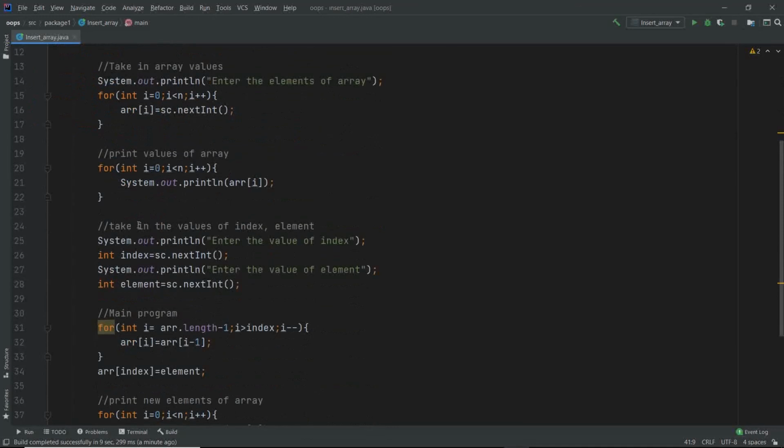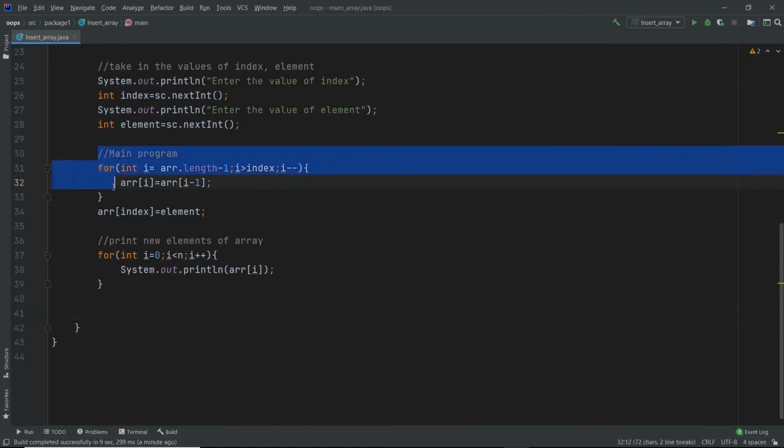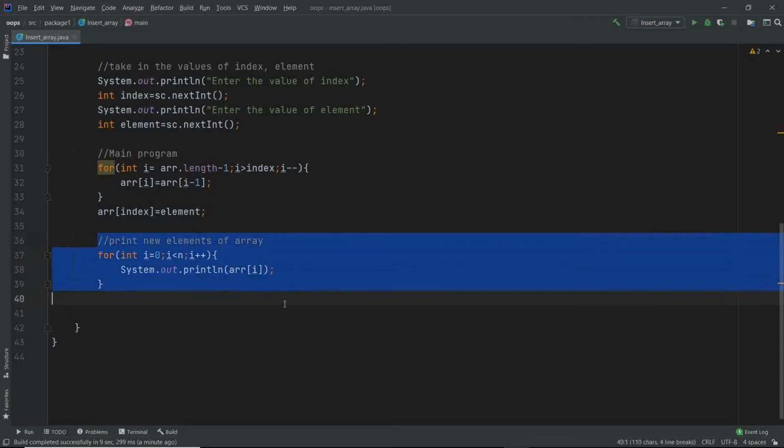After that, we have asked the user to give the values of index and element. Index is the place where we are going to put the value in the array, and element is the value which we want to put in that particular place. After that, in the main program, I don't think I need to explain this again. I think I explained this clearly. After we have done this, we have printed the new values.